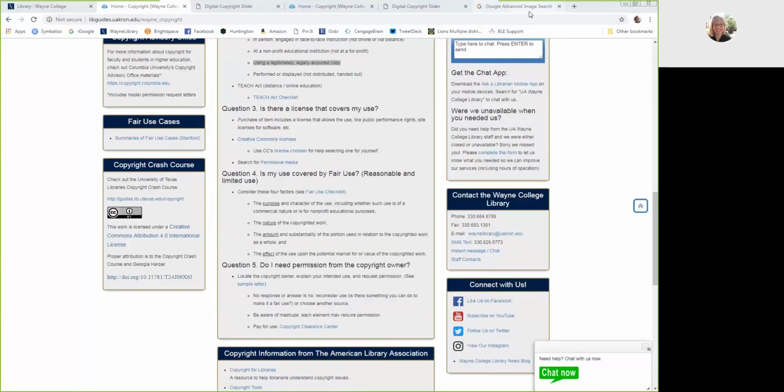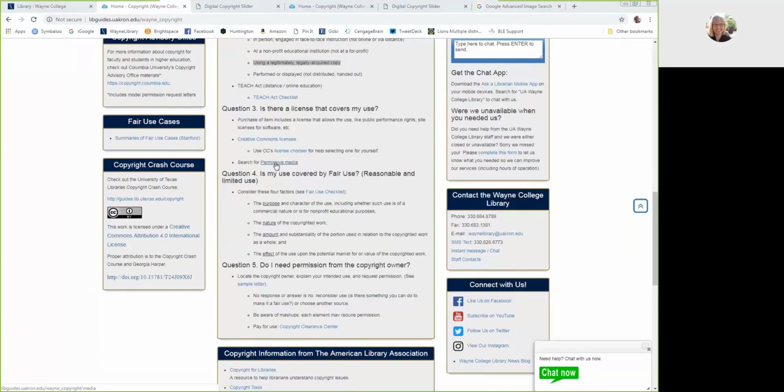And so what I can do, if I wanted to find a picture, I can actually look for a more permissive picture based on these Creative Commons licenses. Now you can use my link to Permissive Media that lists a bunch of places. For example, there's a website called Pixabay that allows you to use a lot of their images for non-commercial reasons. I love that.